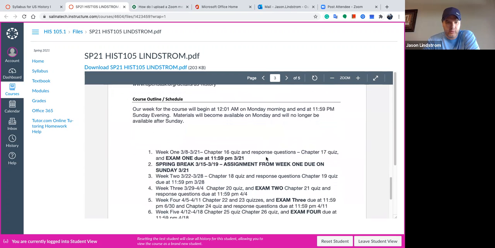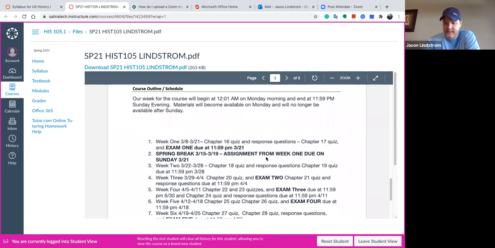So how the course lays out, typically I'll have a weekly assignment. That assignment will be made available to you on Monday, and then that's due the following Sunday. So we'll work Monday at midnight or 12:01 through Sunday at 11:59. The only exception to that is going to be the second week, which is spring break. So we're going to start on the 8th, but then you guys go on spring break on the 15th. So I'm going to go ahead and give you that first 2 weeks to get that first round of assignments done. And so that's going to be chapter